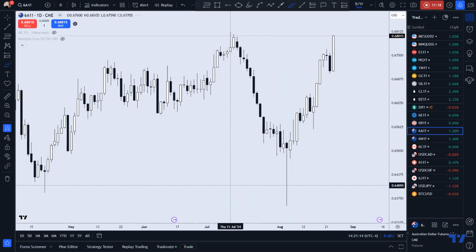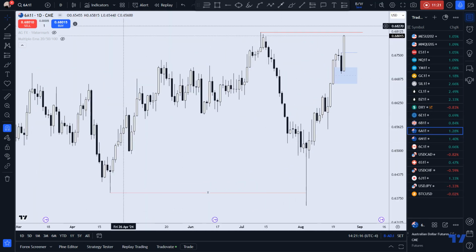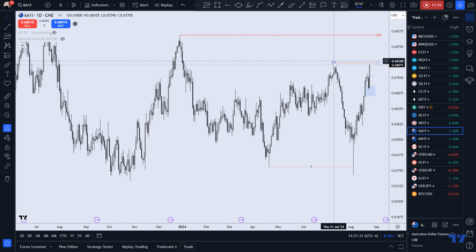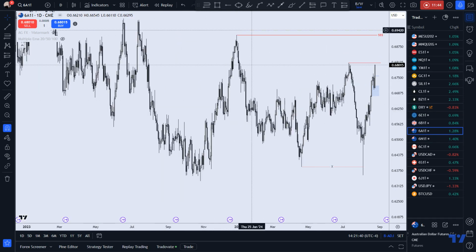If we go to the Aussie dollar, on a daily basis, you can see price responded very well to this bullish fair value gap, and we have a swing high to target. That target is too close not to hit, so I am looking beyond this high. I'm looking to this old high up here. This is a much more important swing high, right? There's a lot of liquidity above here, and you have these relative equal highs not too far from that.